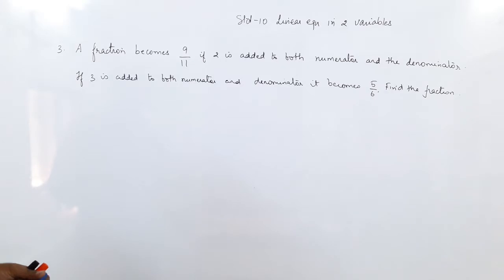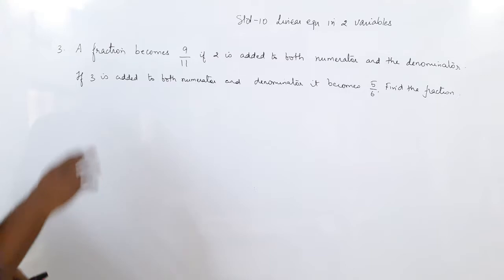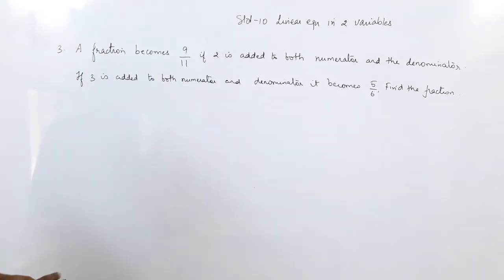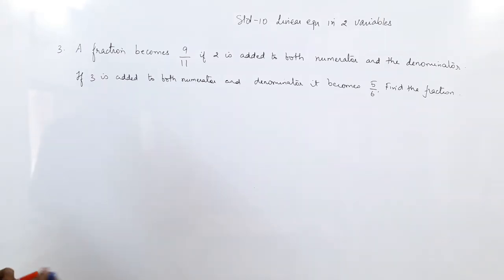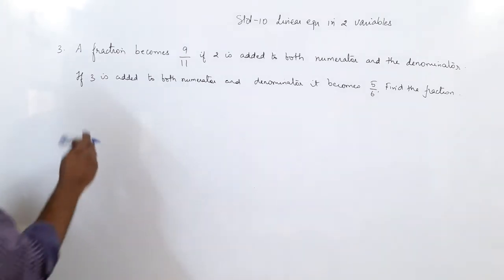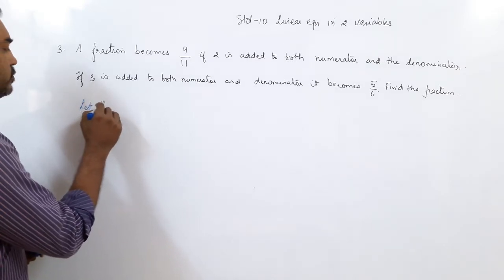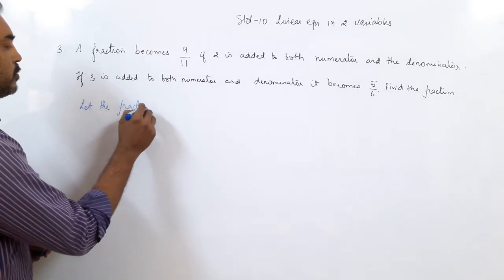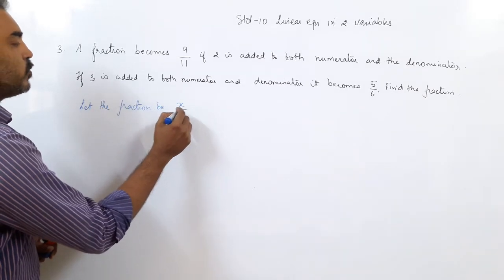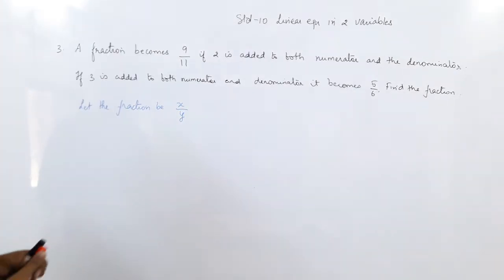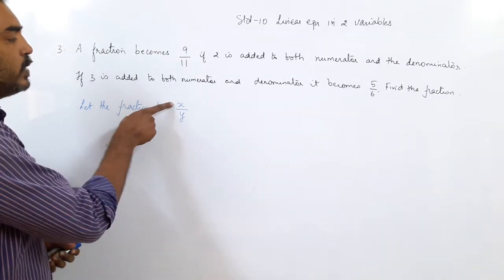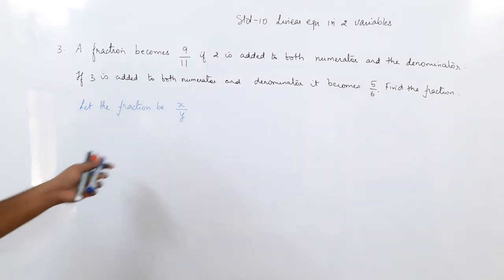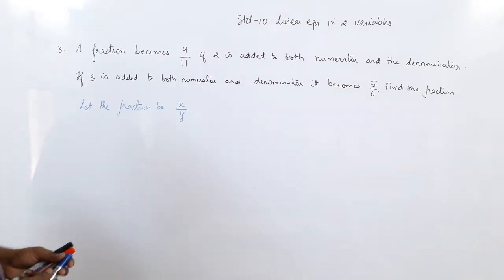So, if you have understood the question, try to make the equation on your own. Yes, you can see the question, because the solving part will be very easy. The difficult part is to read this question and form the correct equation. So what you have to see, we have to find the fraction. So we say let the fraction be x upon y. Now you can see a fraction has got a numerator and a denominator, and we don't know both of them. So we take one as x and one as y, the variable. So the fraction is x upon y. Now what are the conditions given?